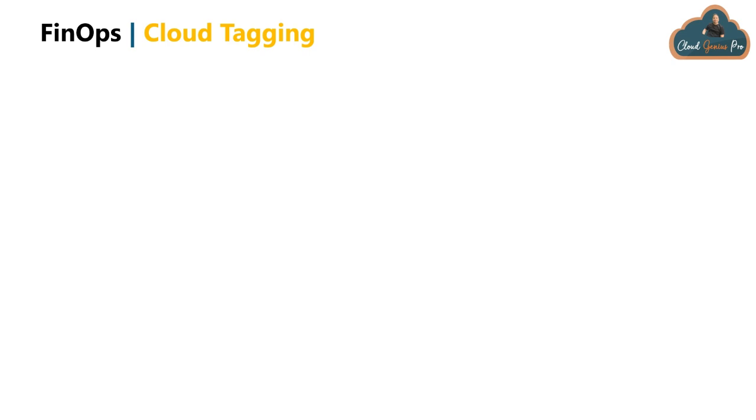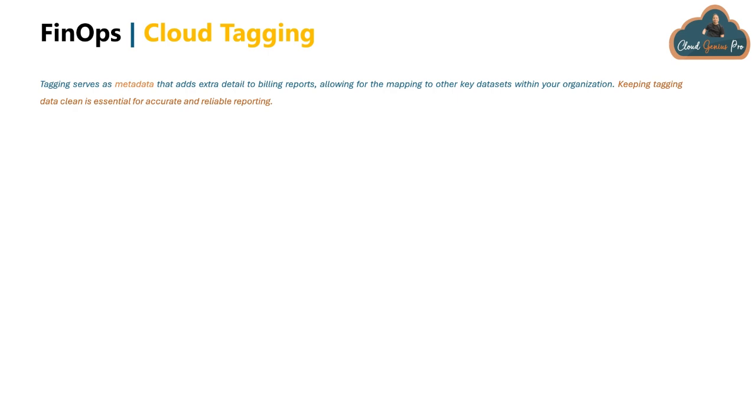So if I go by definition, cloud tagging is nothing but metadata, or a mechanism to provide metadata to the cloud resource, and ultimately this metadata is adding more context to the cloud resource. That context can be utilized by different stakeholders for different purposes, maybe for billing reports or for automation, and so on and so forth. So in a nutshell, tagging is adding metadata which will add further context to the cloud resource.